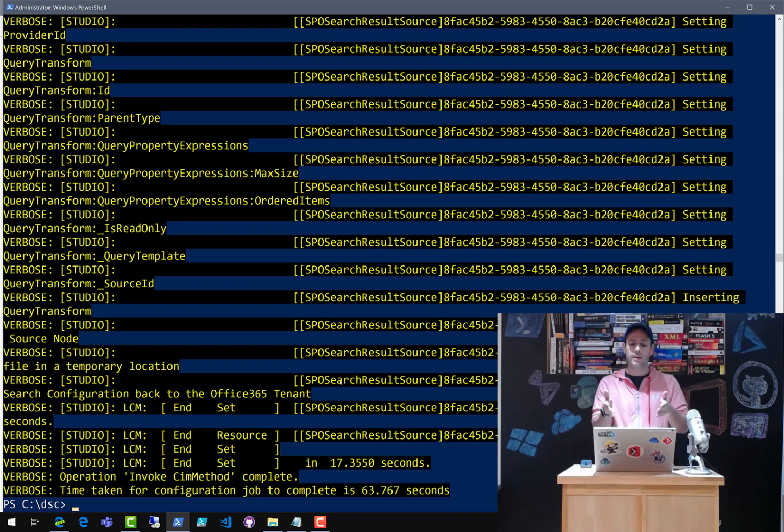Test target resource is a method that exists in every single resource. So there's one in the SPO search result source. And it's going to go in and call that method. That method is going to go and analyze the remote Office 365 environment against the configuration it has in memory, and it's going to return true or false depending on whether or not there's a configuration drift. But that function, really all that it provides you is information about yes or no your configuration is in the desired state. If it's not, you can always use the detail switch, which was introduced in PowerShell 5, but that